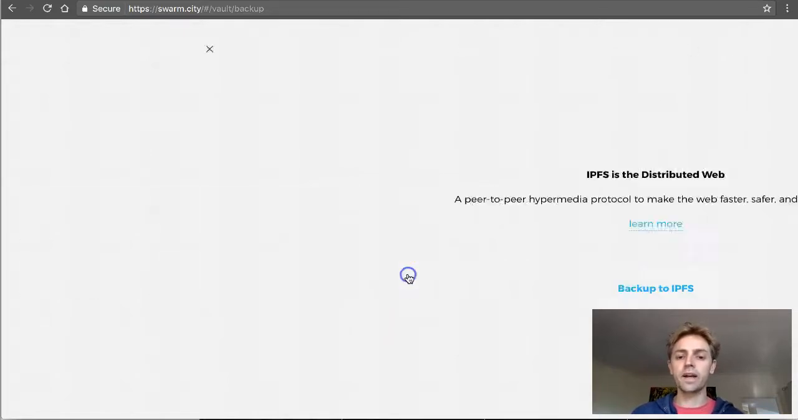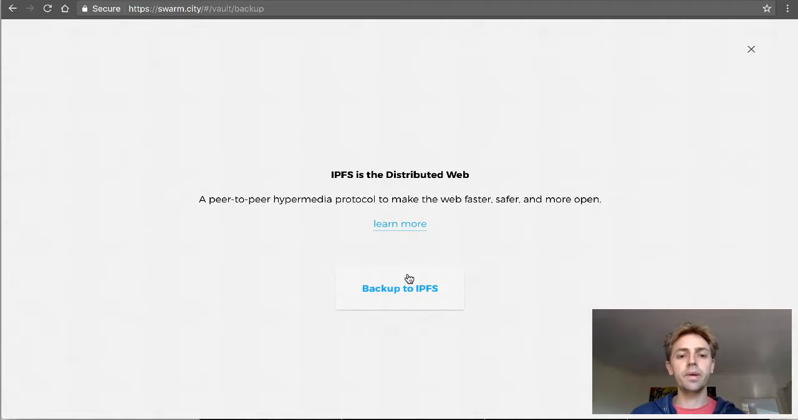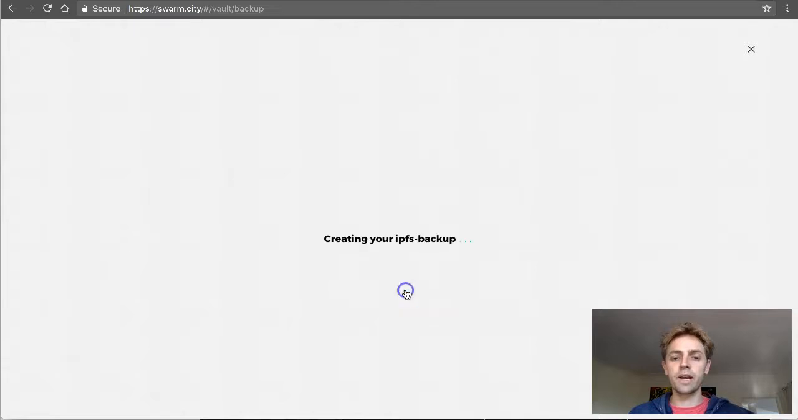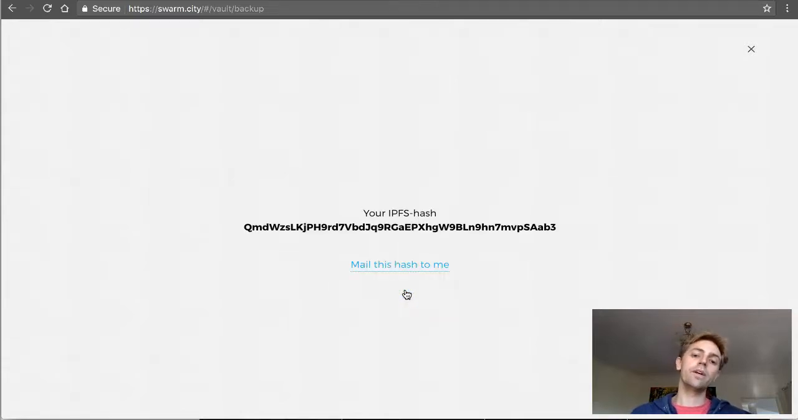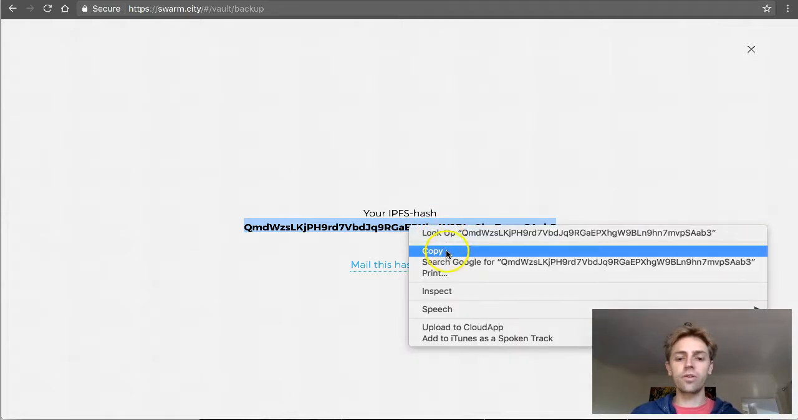I'm going to press back up to IPFS, a peer-to-peer hypermedia protocol to make the web much faster. What we're doing here is instructing the SwarmCity single page app to talk to IPFS, which is decentralized hosting, and it encrypts that and turns it into a hash, which you could say is our ID for logging in. So I'm going to right click and copy that,